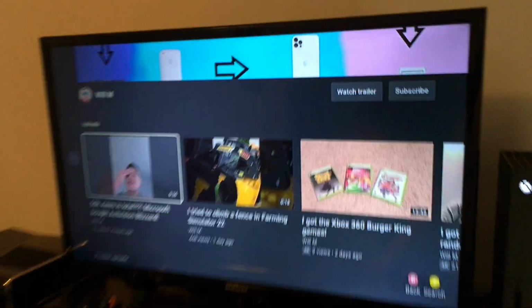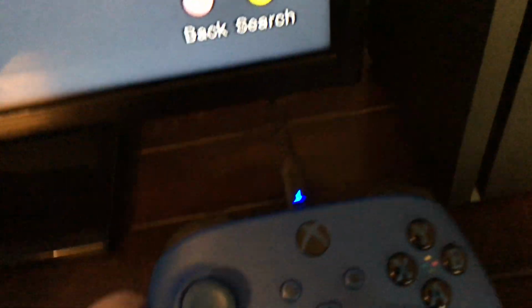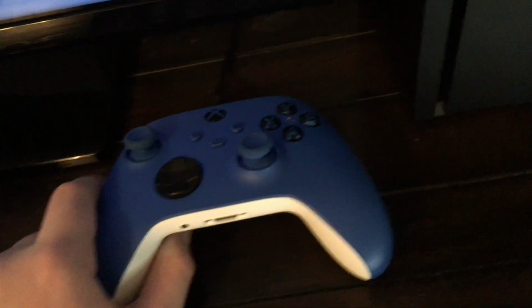I have my chair right here. I have 360 controller, the batteries out of these, the rechargeable batteries. The 360 Kinect, my TV, which is a 32-inch Samsung TV with my YouTube channel on it. My blue Series X controller is plugged in. So basically when my Forza Horizon 5 one dies, I can just plug it in and then I can use